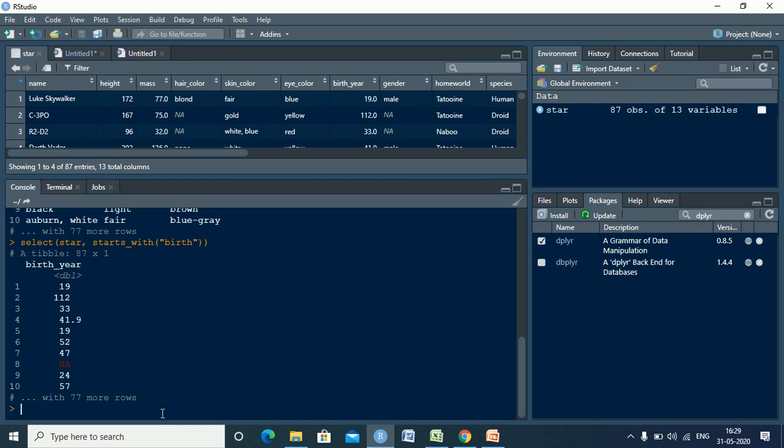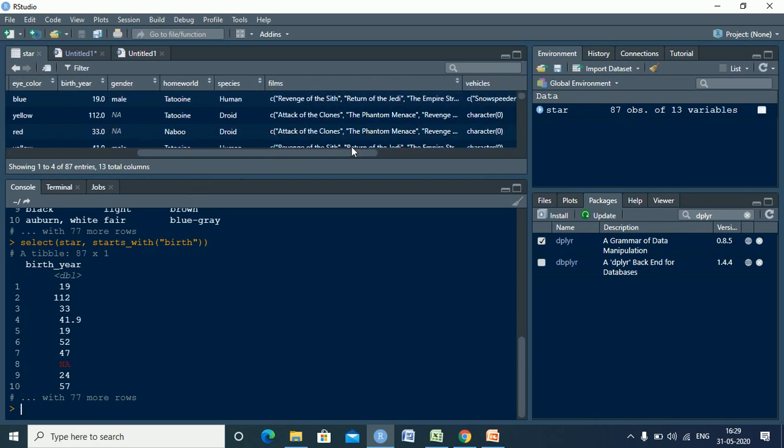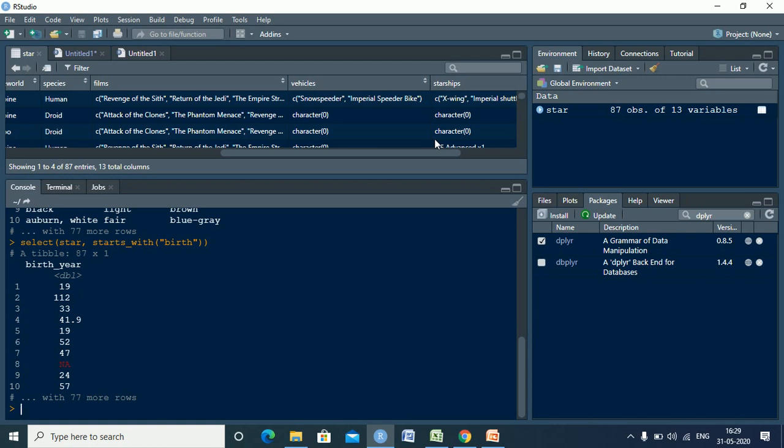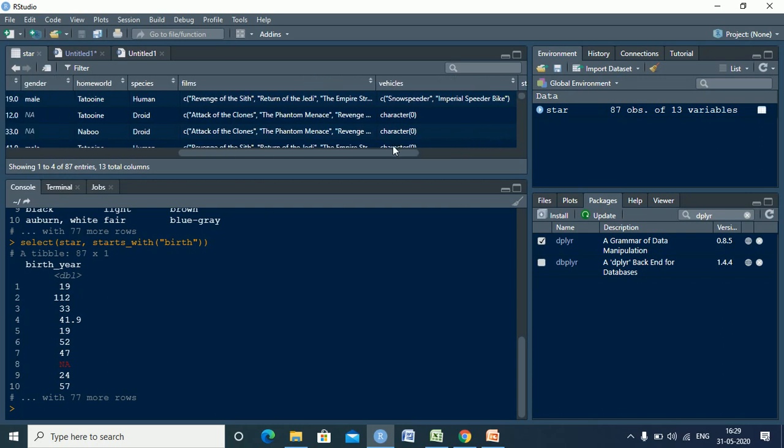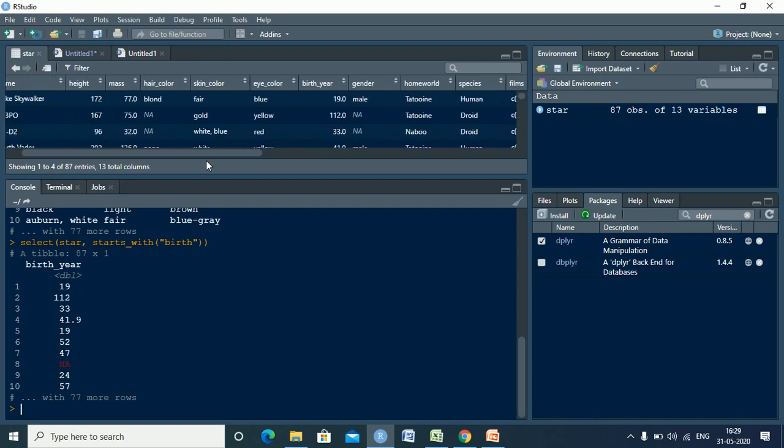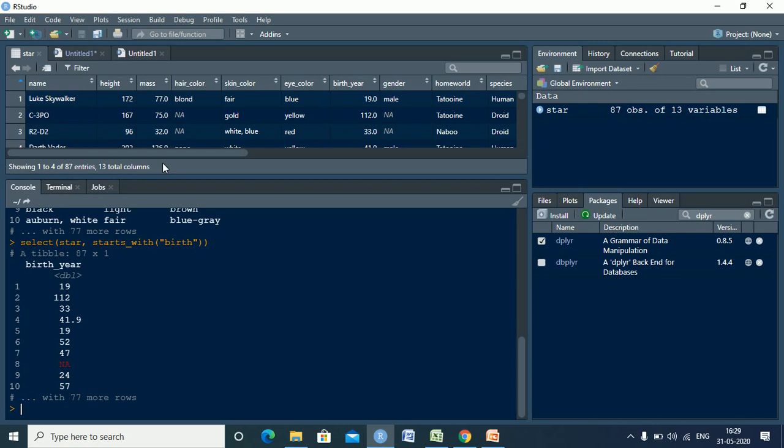Now next we want to have some variables which should be brought in the front followed by the others. Now if suppose I want to bring the name, the species, right? So suppose name is over here, species is over here, and let me say their vehicles, right? So I want to bring the name, species and vehicles followed by the other columns of data that we have. So how do I use that?